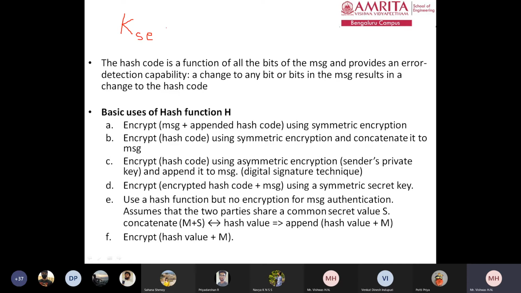It is called a session key. Is it clear? So then key